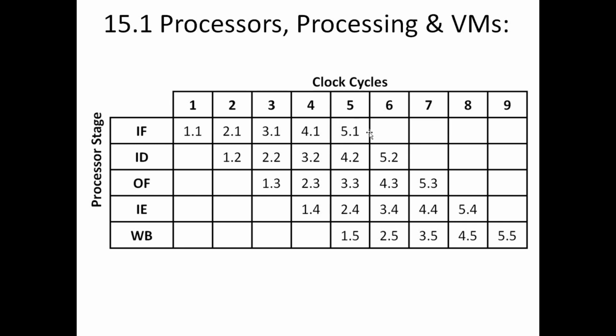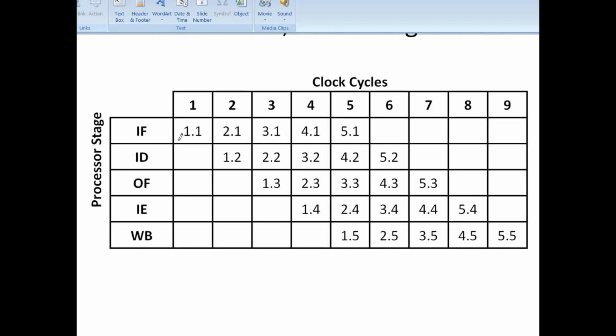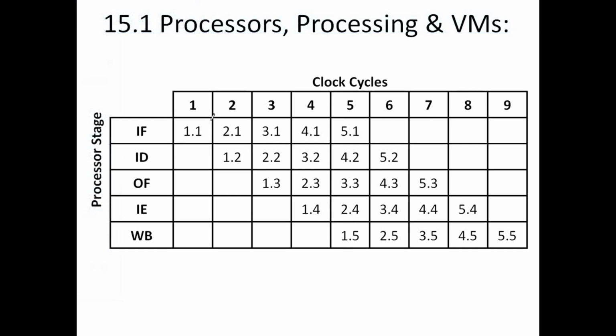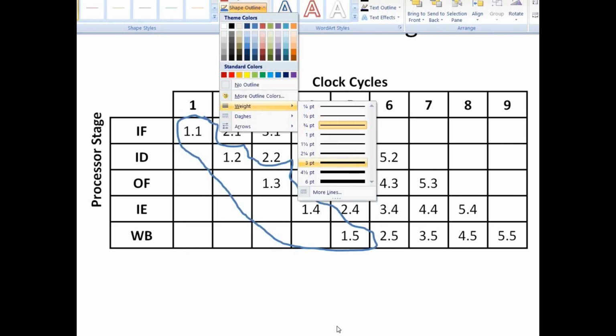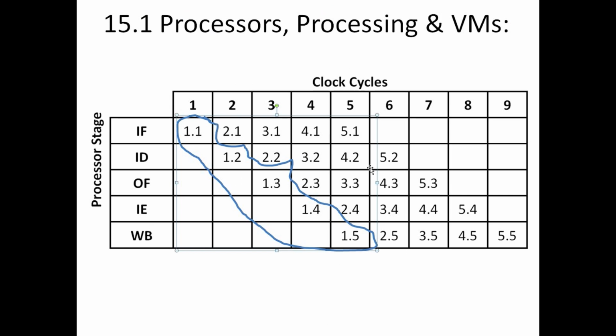In the fifth clock cycle we fetched the fifth instruction, we decoded the fourth instruction, we fetched the operand of the third instruction, we executed the second instruction, and we wrote back the answer of the first instruction, completing the first instruction overall. So technically, if I highlight it, the first instruction took 5 clock cycles, but because of pipelining, because we simultaneously started work on the second,